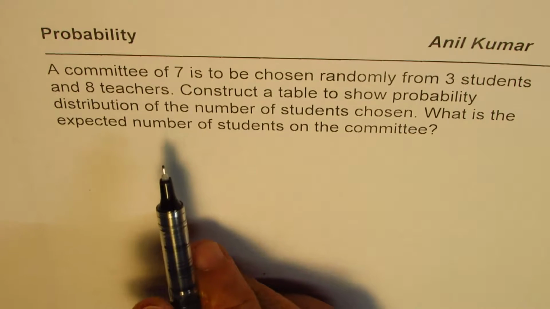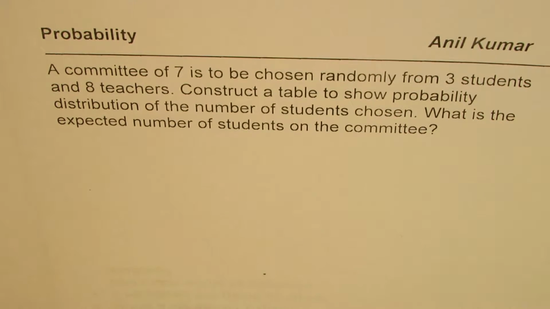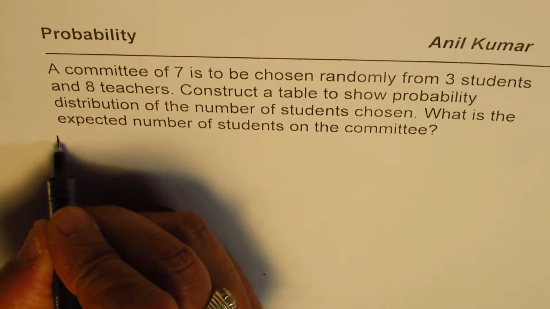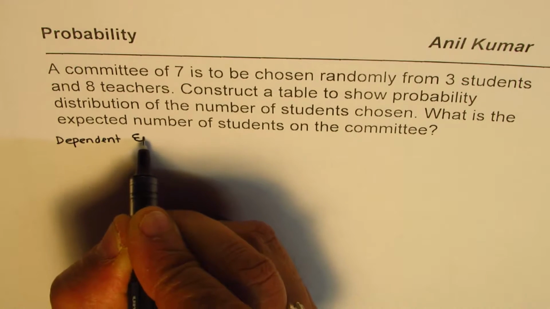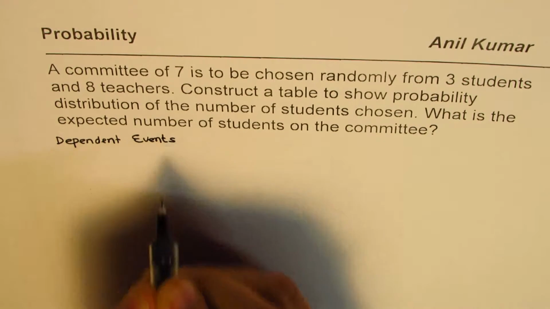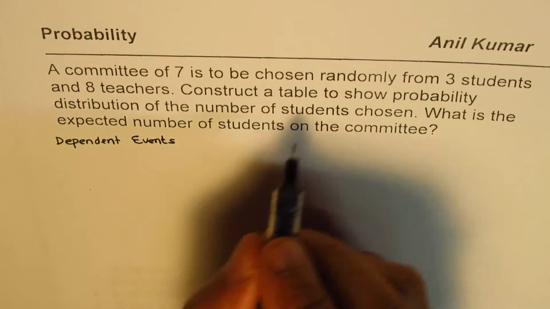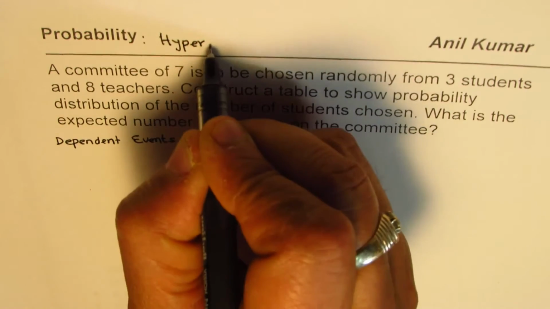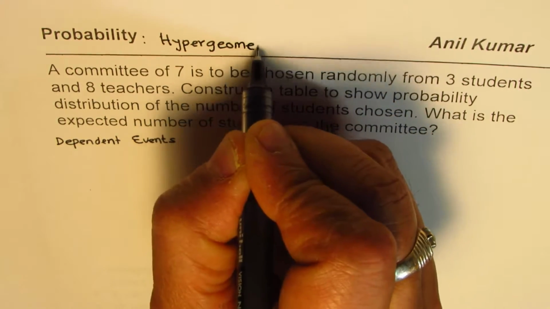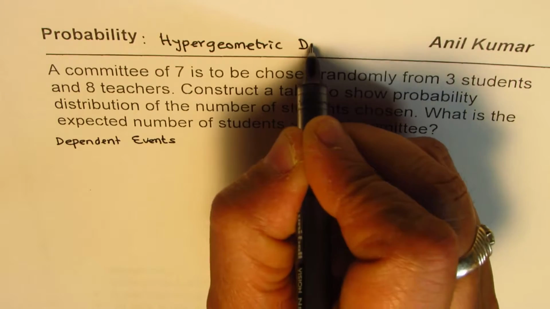Now, whenever we're talking about selecting a committee, we know these are dependent events, since each person who is already chosen cannot be selected again, right? So these are all dependent events, and therefore they qualify for hypergeometric distribution. So this is a case of hypergeometric distribution,